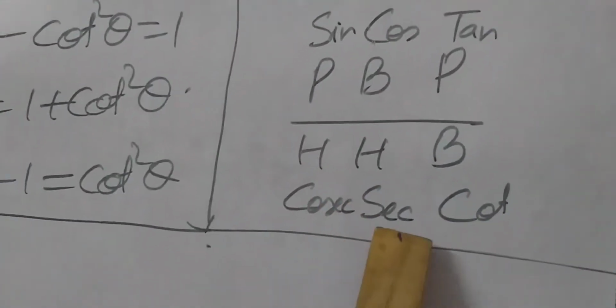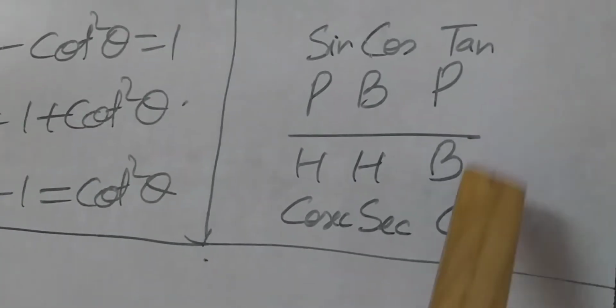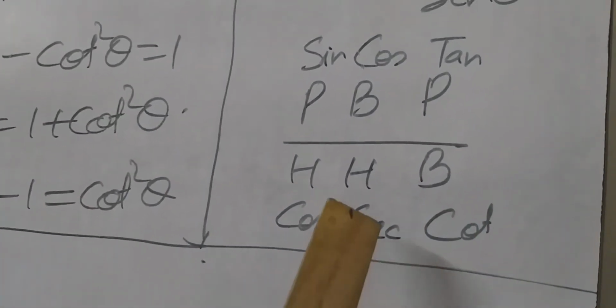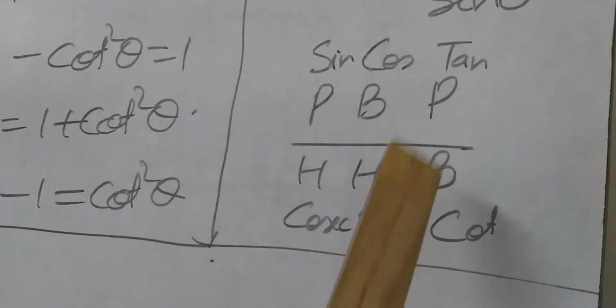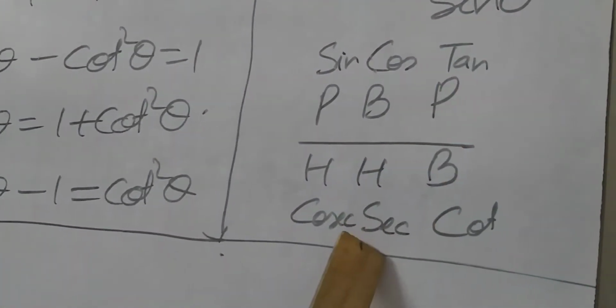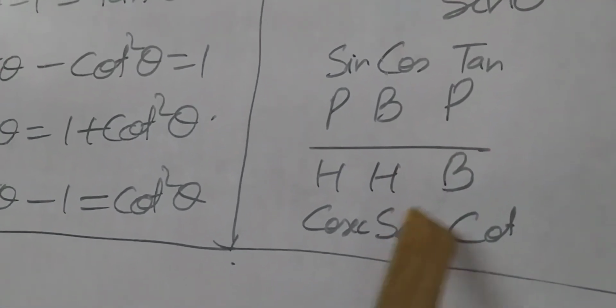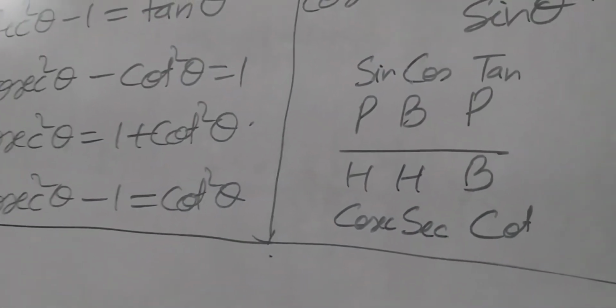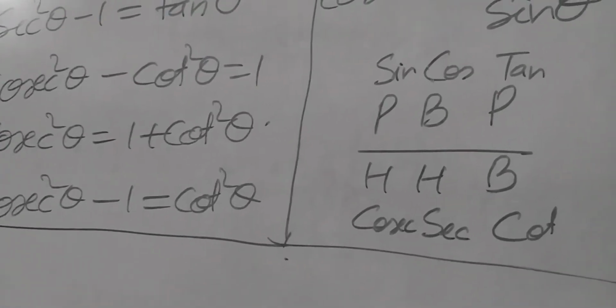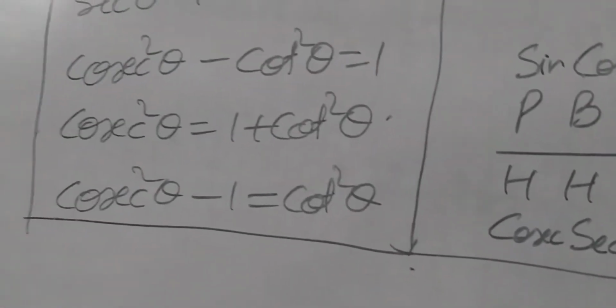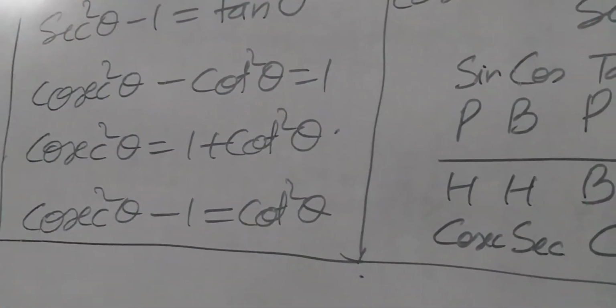Okay, next identity is sec square theta minus tan square theta. Sec, tan. So this is sec theta, this is tan theta. There is one gap between them. So we can write sec square theta minus tan square theta equals to 1. Because there is one gap, that's why we have to put minus. These are the learning tricks only, students. We can use these tricks to learn all the formulas, all the identities.